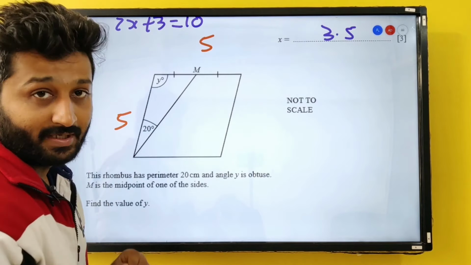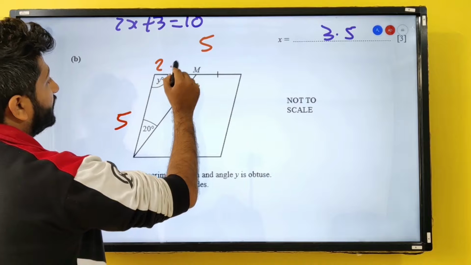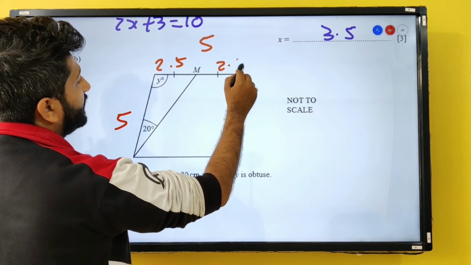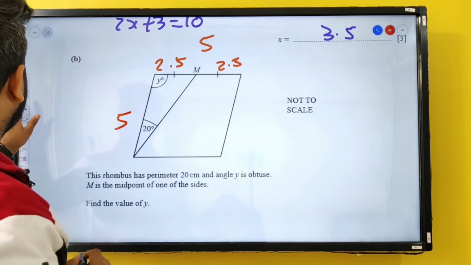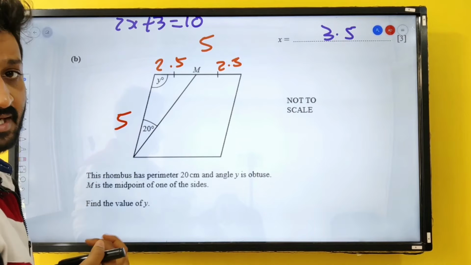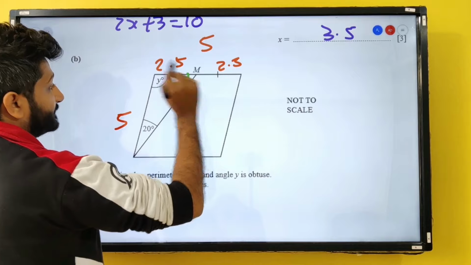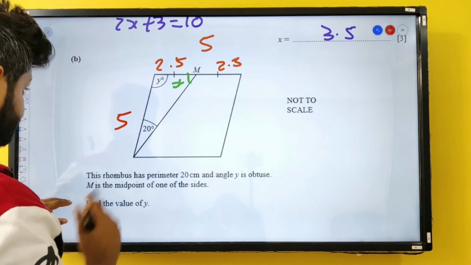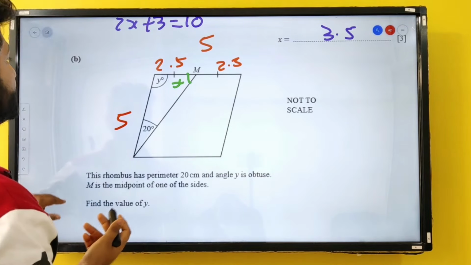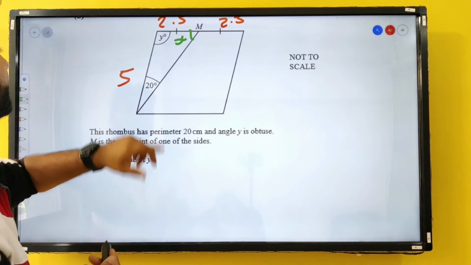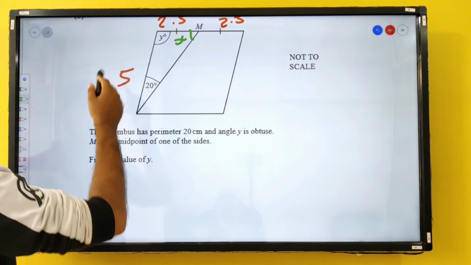But M is the midpoint, right? So this is my 2.5 and this is also my 2.5. Now, as you can see, this is a non-right angle triangle. Now let us use the sine rule. Let's say this is my angle x. So using the sine rule, which sides do you have? I think you have a side of 5. So I can use